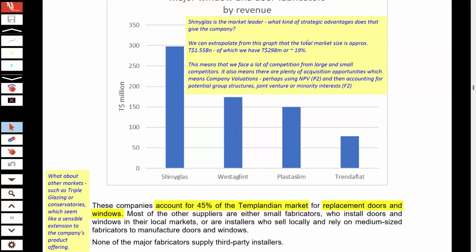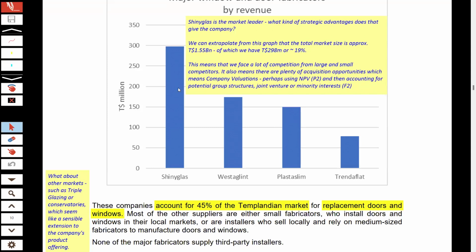Now, 19%, it's a significant proportion, isn't it? But it is certainly not 60% or 70%. And what this therefore reinforces is that it is a very fragmented market. And at 19% of the market, whilst the biggest market share, there is a lot of scope here for Shinyglas